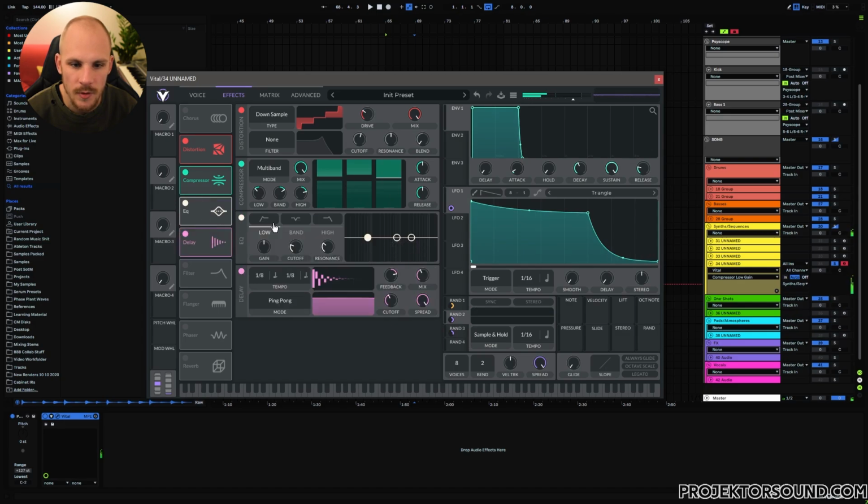Let's use an EQ as well. And those are your standard